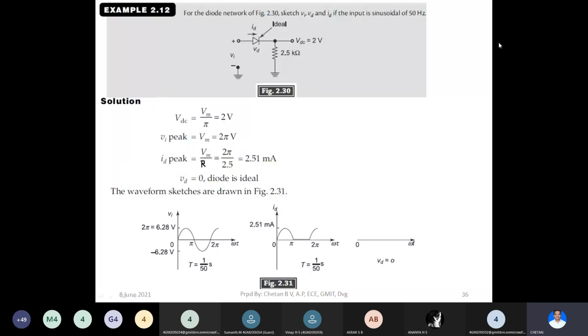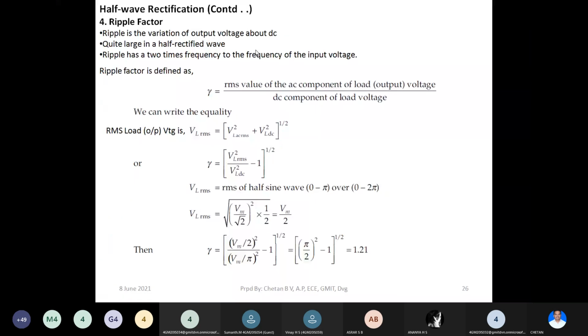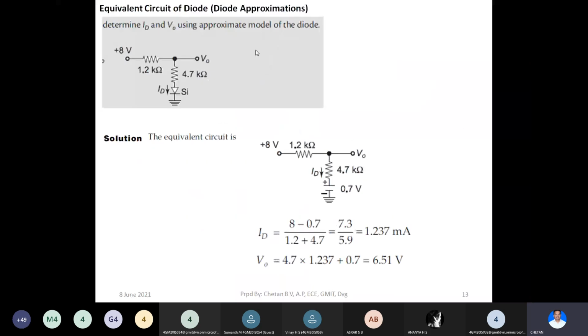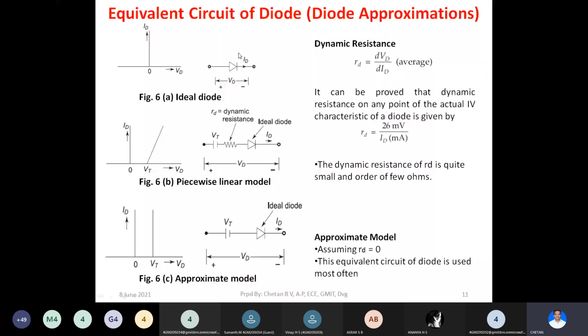right? And one more important thing that is mentioned in this problem is they have indicated that this diode is ideal. So this is an ideal diode. Ideal diode means, if you remember the equivalent circuit of diode, the first model is for the ideal diode model. So ideal diode is as good as a short circuit whenever it is forward biased. Hence, during forward bias, as soon as we increase the voltage slightly above zero, immediately a large current would flow. That is what is an ideal diode.